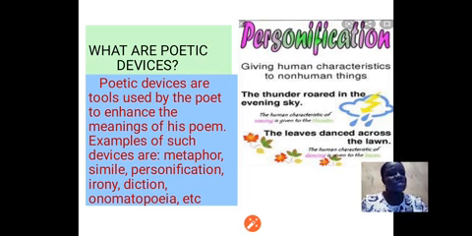The moon is peeping. To peep means to spy, to look at something without showing every part of your body. Maybe just bring out a little part of your head. So for us to say the moon is peeping, we are saying that the moon is not yet a full moon. The moon is just coming out.